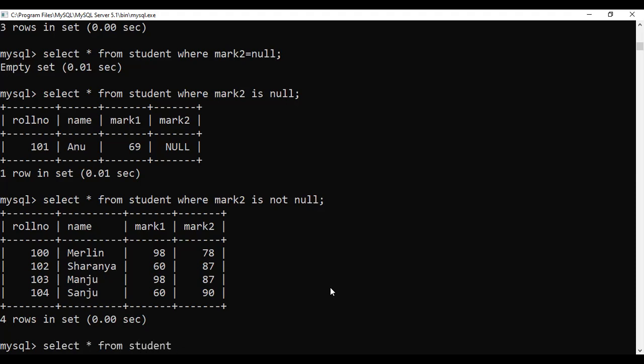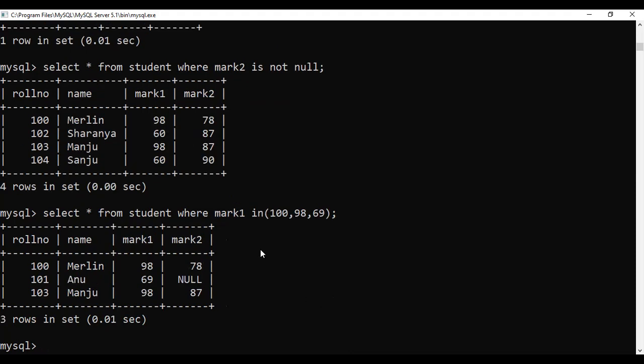I just want to display the details of the students where mark 1 in 100, 98, 69. So from this list of values, any record that satisfies will be displayed.